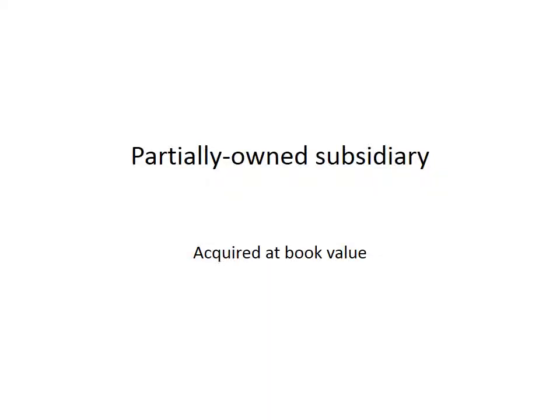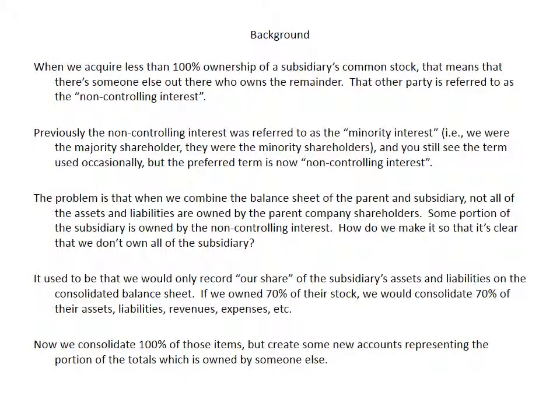Let's go ahead and talk about the case of a partially owned subsidiary acquired at book value, so there's going to be no differential. Okay, first some background. Now, when we acquire less than 100% ownership of a subsidiary's common stock, that means that